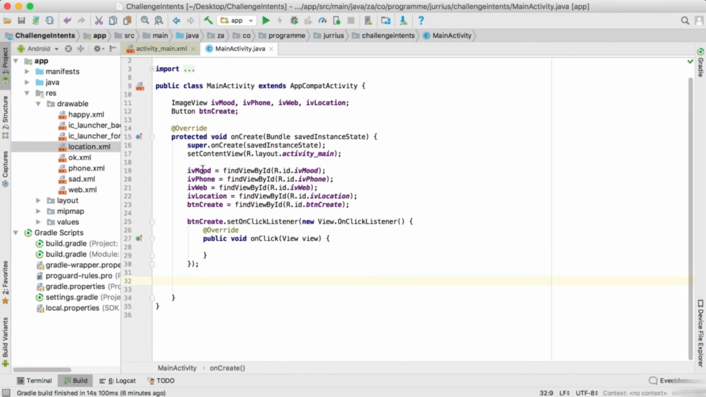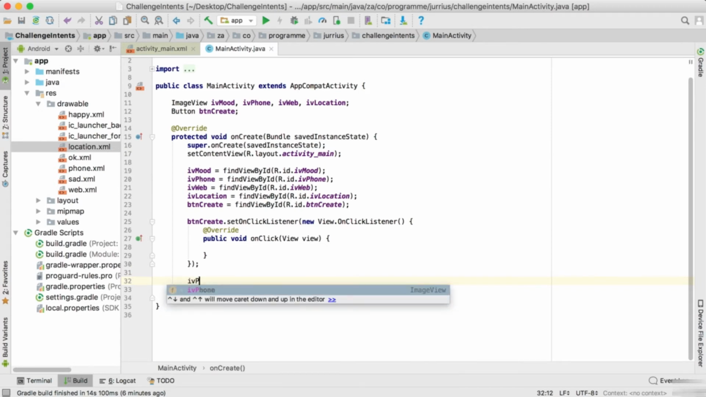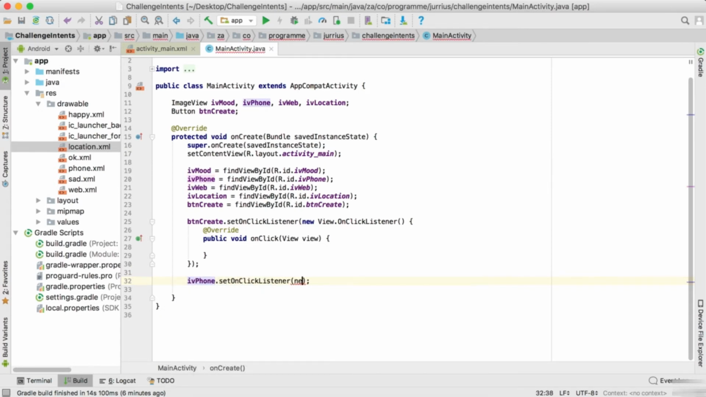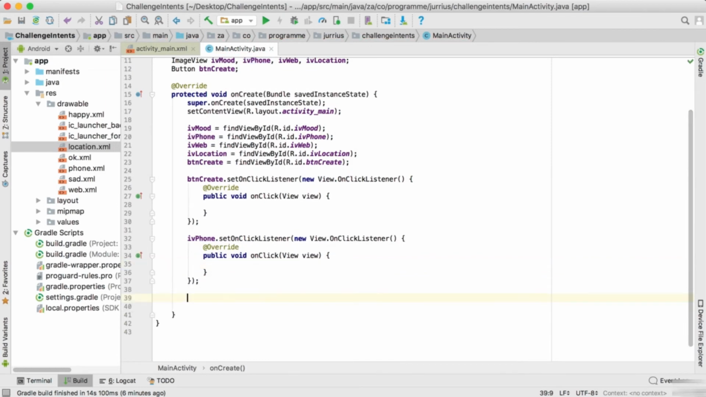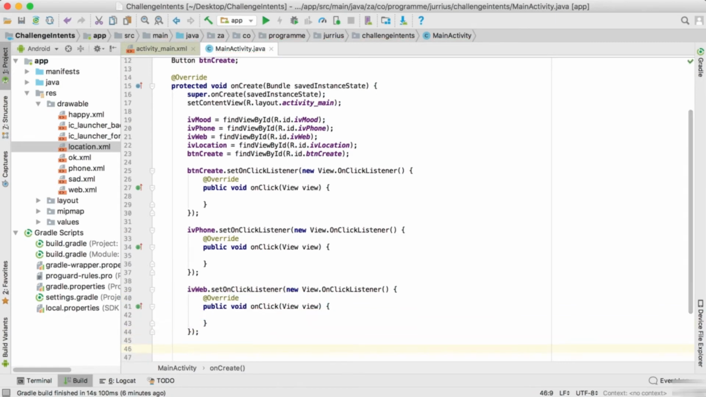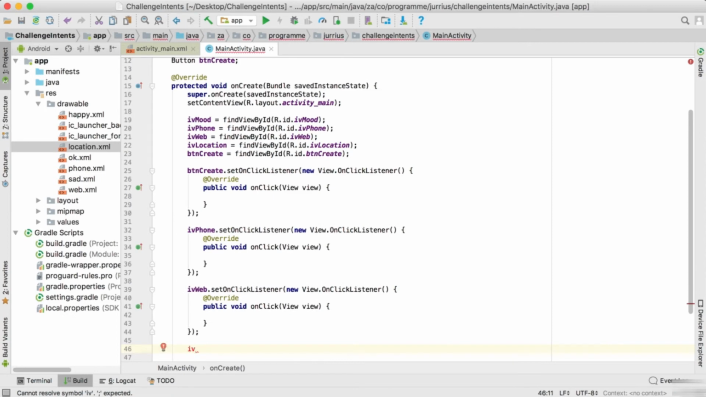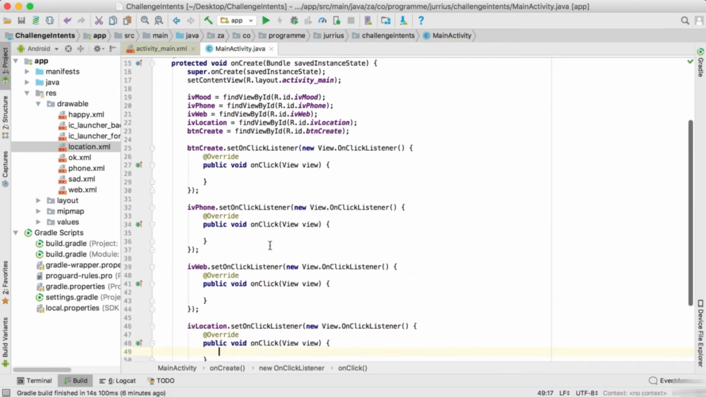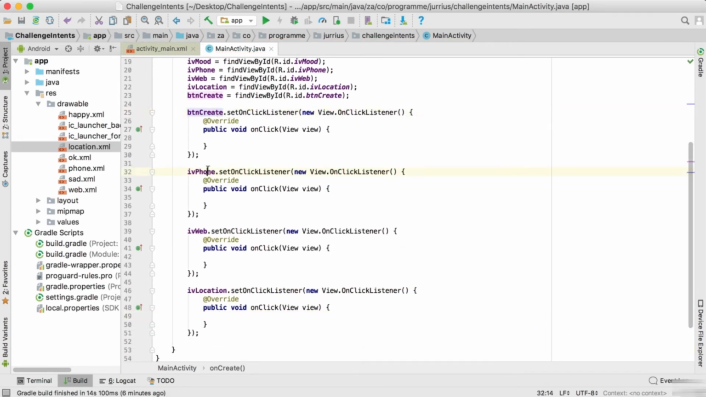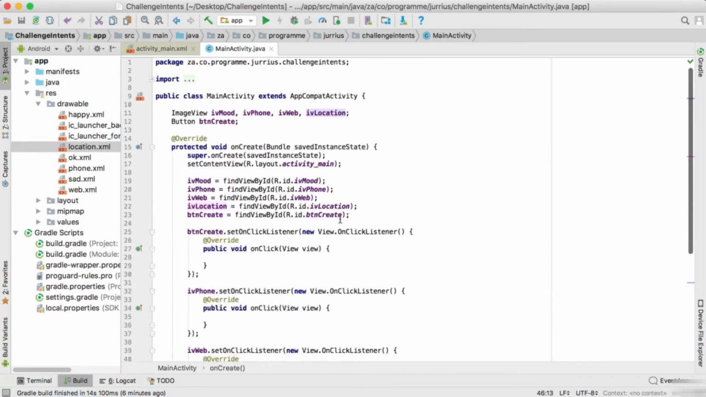So the mood will not be clickable, but we'll need to click the phone there. So I'm going to say set on click listener, new on click listener. Then IV web, the same thing. We set the on click listener, new on click listener. We're going to do the same for IV phone. So this one is our IV location. Dot set on click listener, new on click listener. So we've got the create button, we've got the phone button, the web button, and the location button, all set up